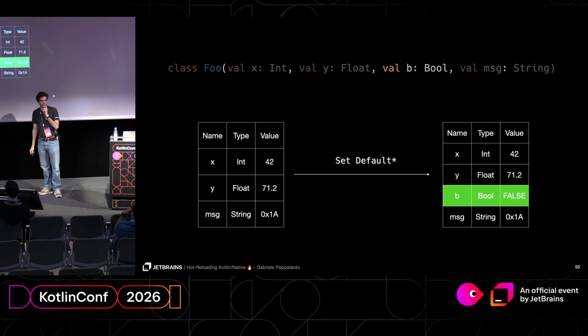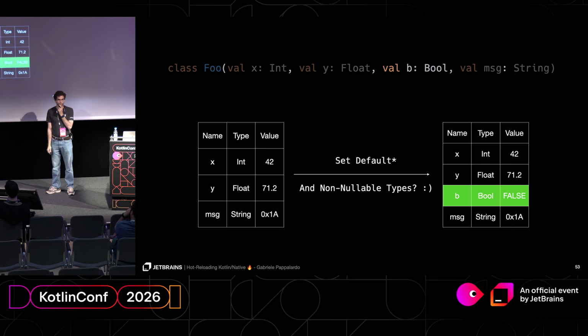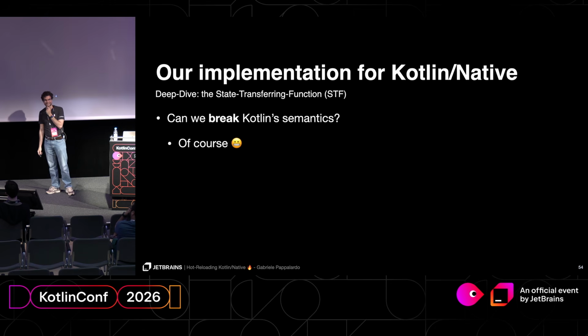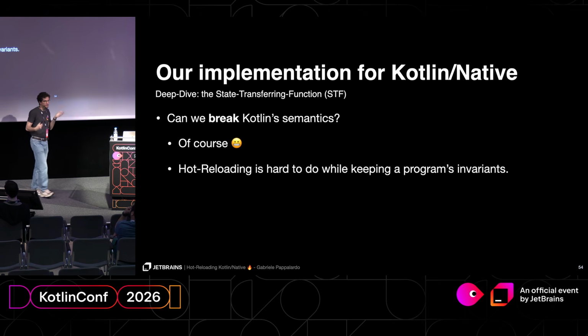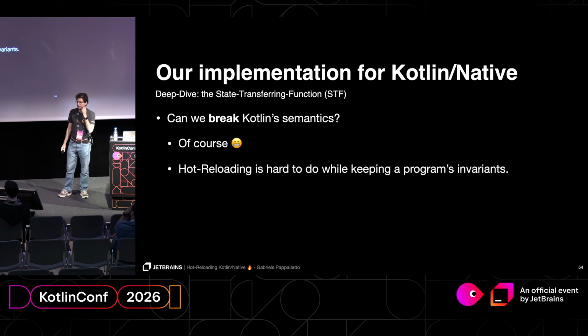But that means also that, for example, for non-nullable types, we can assign null, and therefore we can break Kotlin semantics. And this is nice, because your program will crash somehow, right? But it's because auto-reloading is very hard to do if you have to keep the program's invariants